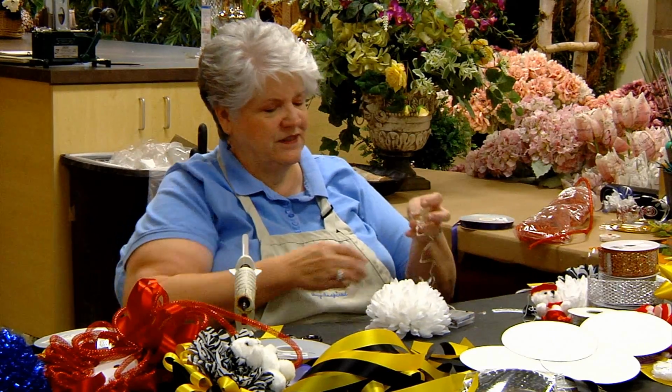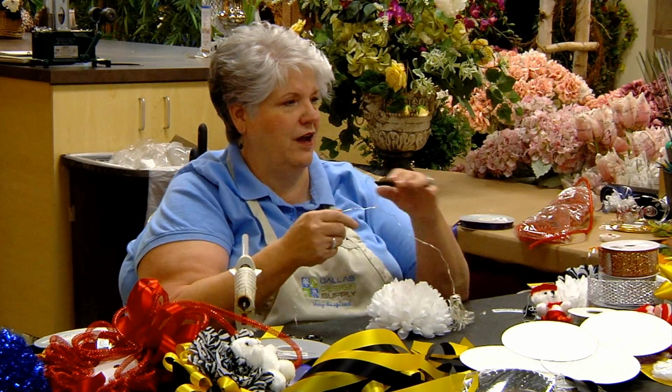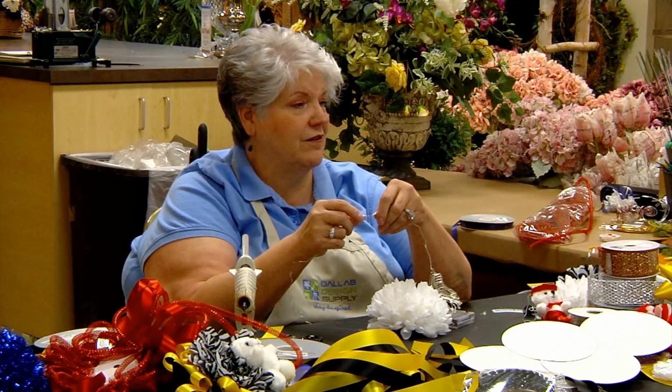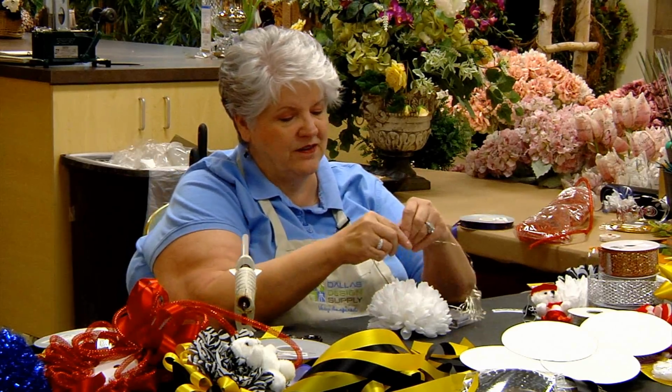And there's several different companies that do the lights. I don't like the lights to look like little light bulbs in there, and these don't. These are like inside the wire. It's got like a little plastic thing on the wire, and that's the light. I usually start at the center,